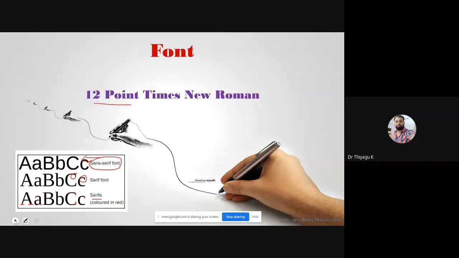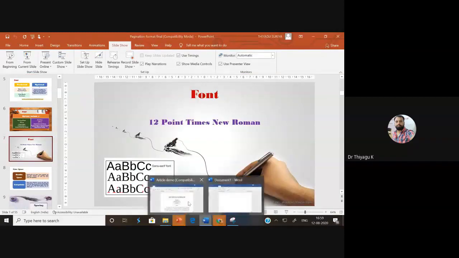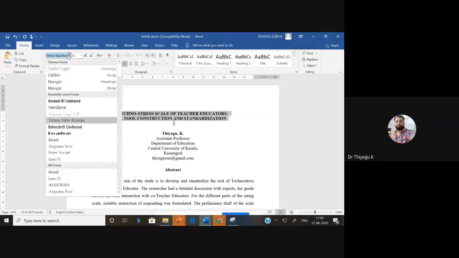I'm going to tell you in what manner we have to fix this in our Word file. So I'm coming back to the Word file. I hope you are seeing the Word file now. See here, this font is already there. How can we change the font? See here, I'm selecting, and automatically in the Home tab you can set the font. We can change the font.